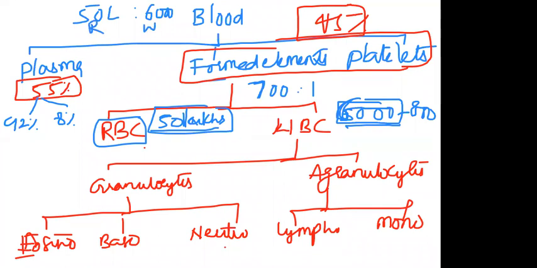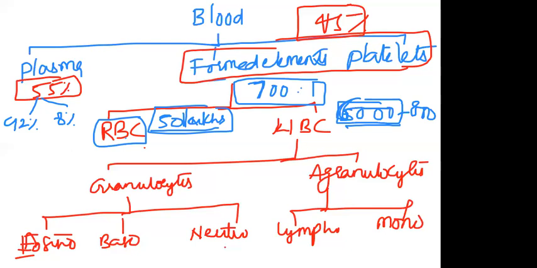Okay. So if we calculate like that, it is an approximate calculation, which is very frequent in competitive examinations. That 700 is to 1. For every 700 RBC, 1 WBC can be seen. So that you need to remember. And if options come in the examination, they will give 7,000 is to 1, 7 is to 1, 70 is to 1, 700 is to 1. So that's why I asked you, if 700 won't come, 800 is to 1, nearby answer we have to choose. Okay. So that's it about RBC and WBC ratio.